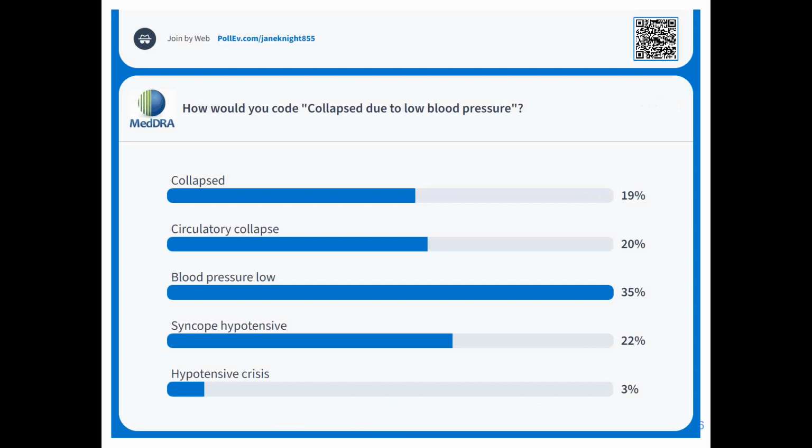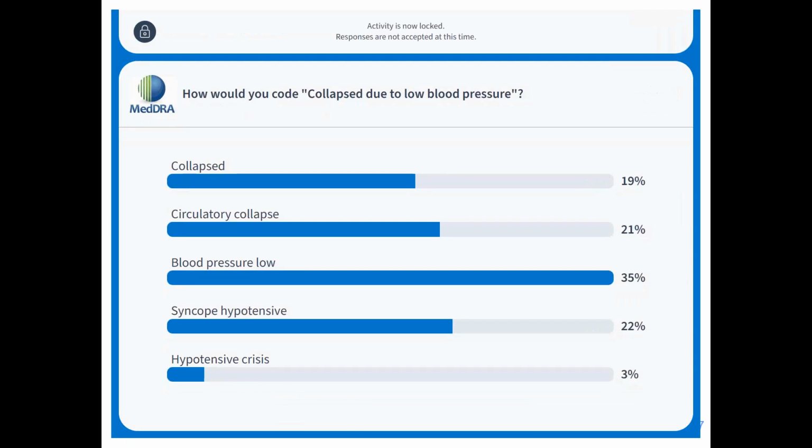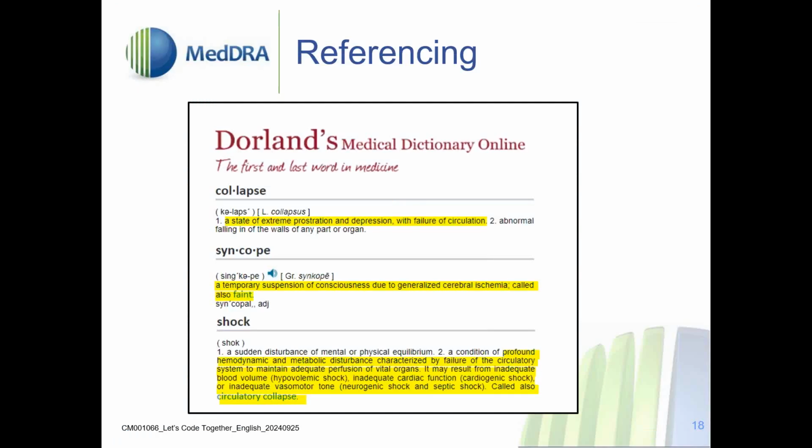Others would code to syncope, hypotensive, but nearly the same percentage would also go for circulatory collapse. Yeah, obviously it seems to be an easy term, but it's not as easy as it is at first sight. Let me close the poll and try to clarify the